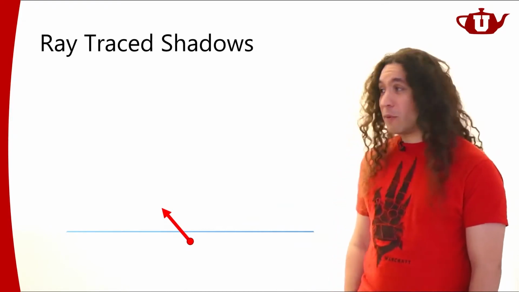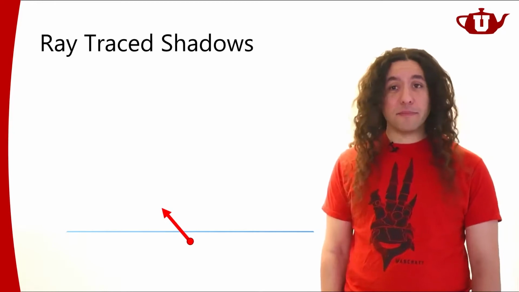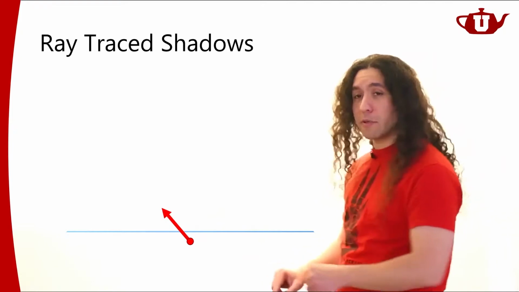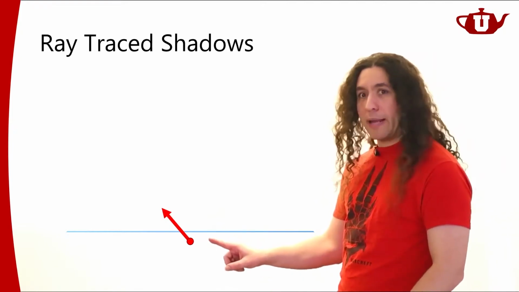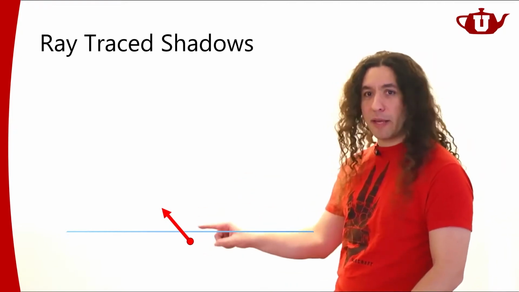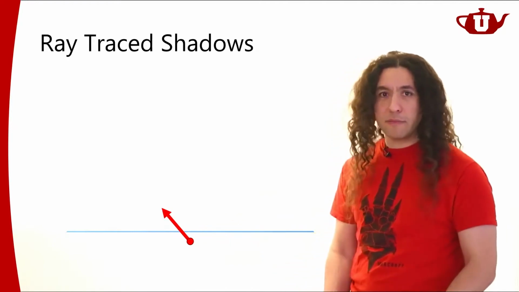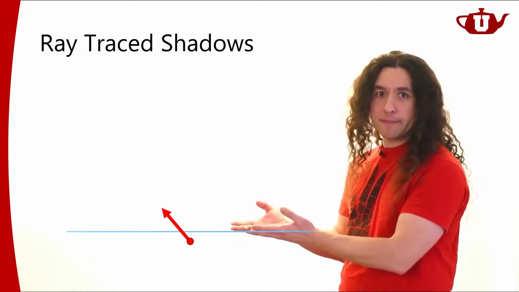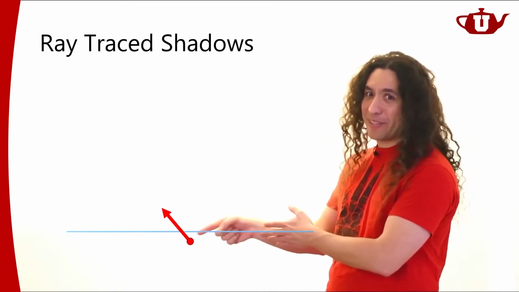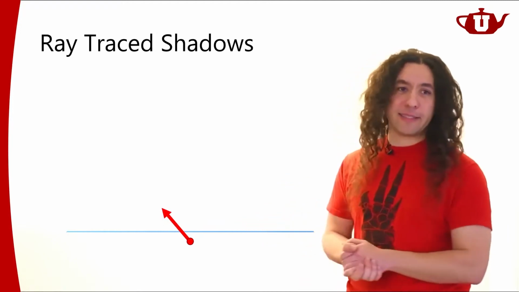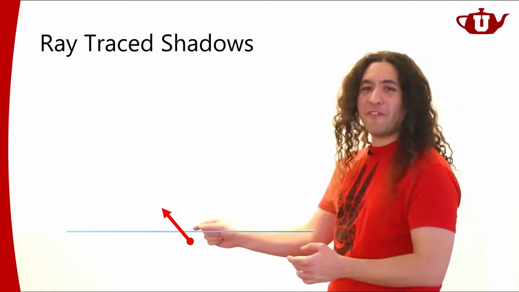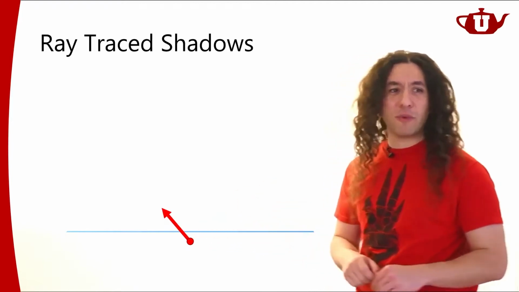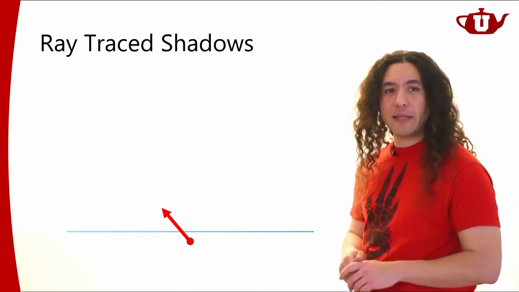So what do we do? Well, we incorporate that into our computation. And we say that, you know what, when I send a ray towards a light source and the ray just hits an object, hits something so close to its origin, I'm probably hitting the point that I'm supposed to be shading. Right? It's very likely that that's the point that I'm shading. So how about I ignore any hit I find that is way too close to the ray origin? So that's one way of handling this.